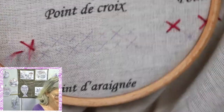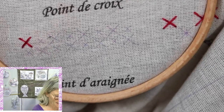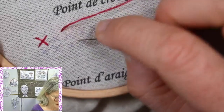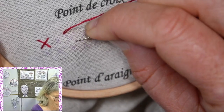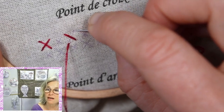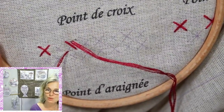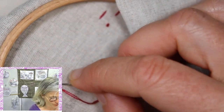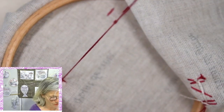There are only 2 straight stitches. Okay? You just follow the draw, you emerge at the beginning of the line and go down at the end, and that's all. So I think it's okay for you. 1,